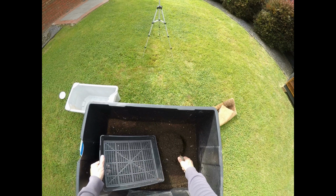If you buy worms to start with, or if you have some already, if you're already breeding them like I am here, it's always best to prepare that coir first so that you have the base mix and everything ready for the worms to be put into. What I'm doing here is using a seedling tray as a sieve, and this is the old coir. This is the bedding they've been living in for some time, and I'm just using a trowel, picking that up, putting it into the seedling tray,